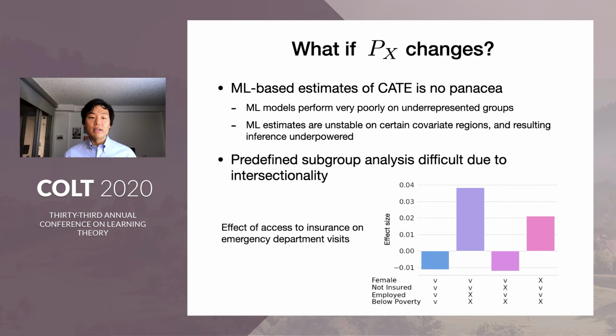Now, a standard, simpler setup is to use subgroup analysis, which defines a very small number of subgroups to analyze separately. But this is also quite challenging in practice because adversely affected groups are often determined by a combination of multiple demographic characteristics like race, gender, age, income, and so on. So here, this figure illustrates this difficulty in the Oregon health insurance experiment, where we see that low-income females who are unemployed actually see a decrease in emergency visits due to access to Medicaid. So there's this quite non-trivial intersectionality in the heterogeneous treatment effects that makes a priori definitions of these subgroups quite